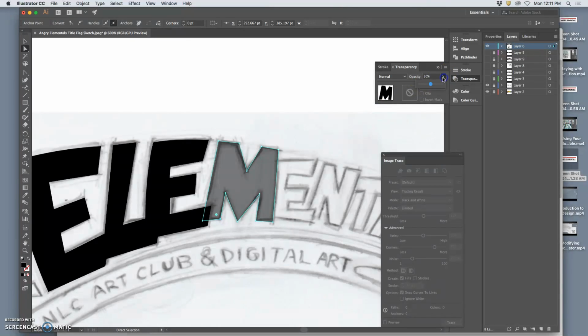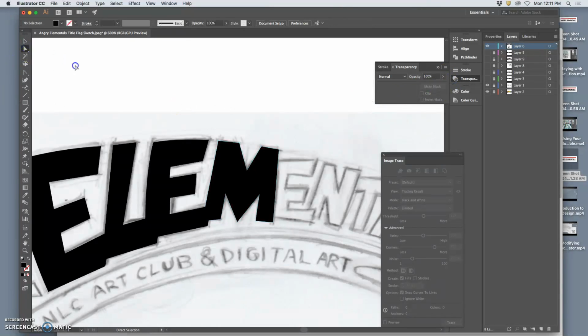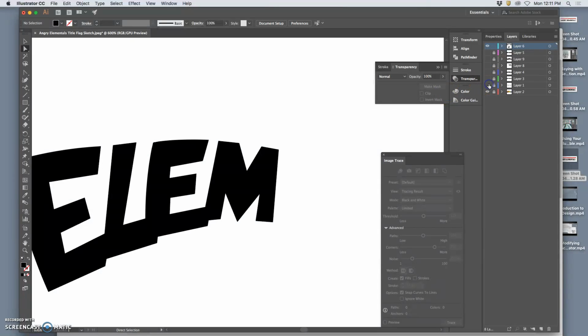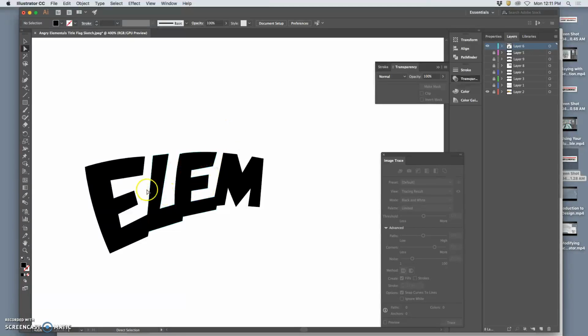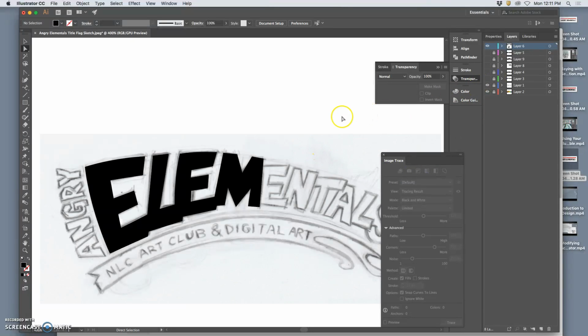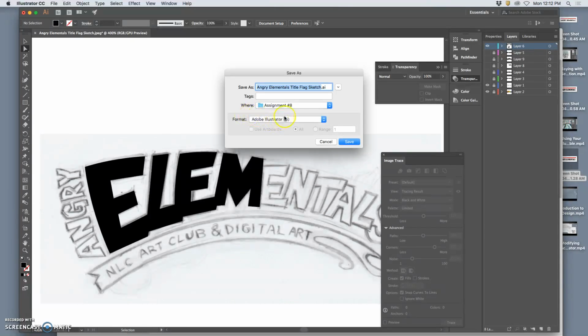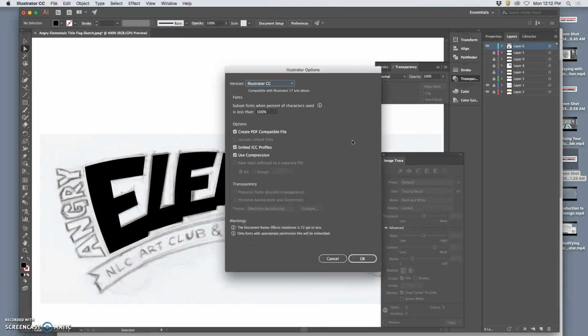All right, so let's go back up to 100%. See what that looks like with the sketch turned off. Does that read? Yes, it does. Are the shapes clear, the negative shapes? Yes, they are. Good. So, good time to save it. But instead of a sketch, this is going to be my black vector, not my color one. Save it to the desktop as an AI file as I'm working on it. We'll have all the different